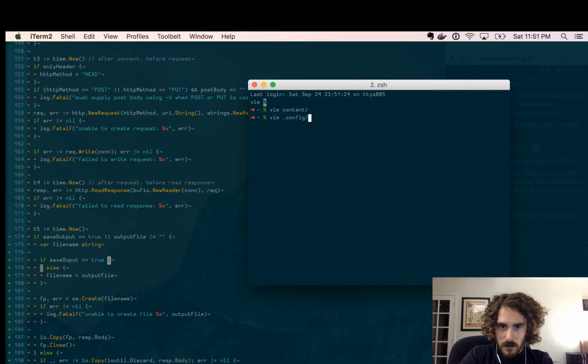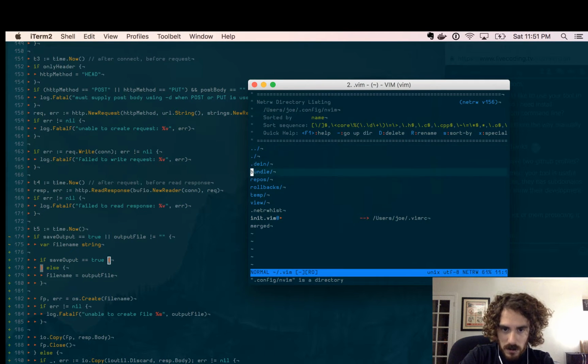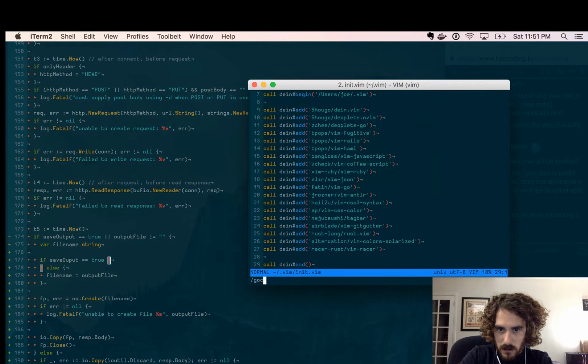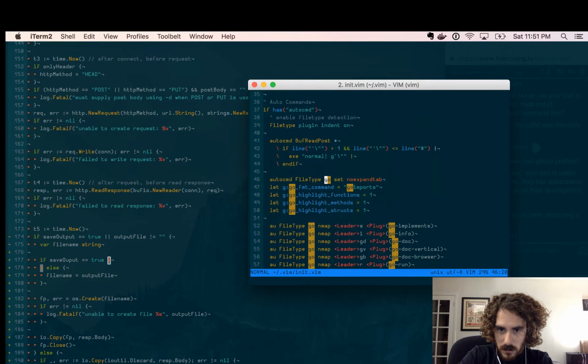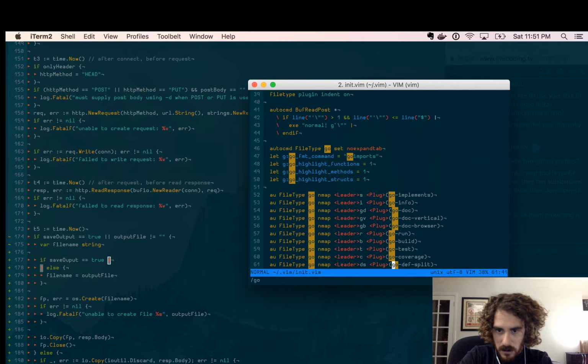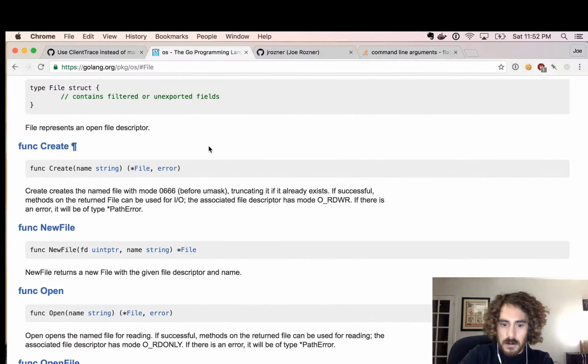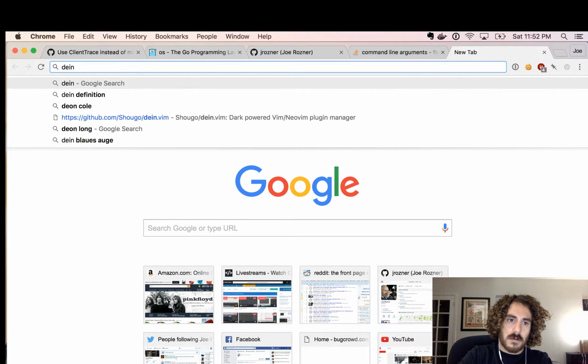No, we don't really need to do this though. We could do it this way. This is just going to determine what file we open. Okay, if save output equals true, then we're going to do this, else we're going to do that, and then in here we're going to make